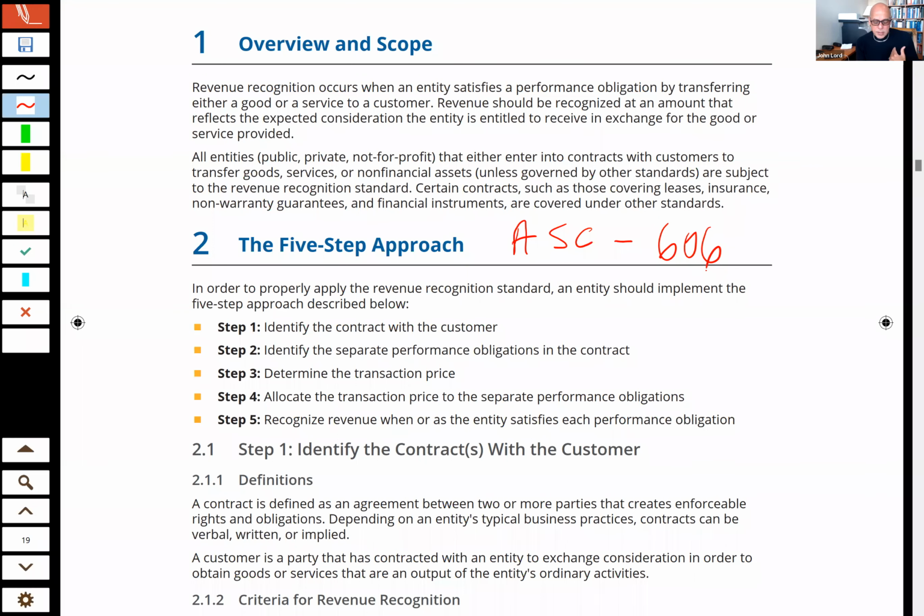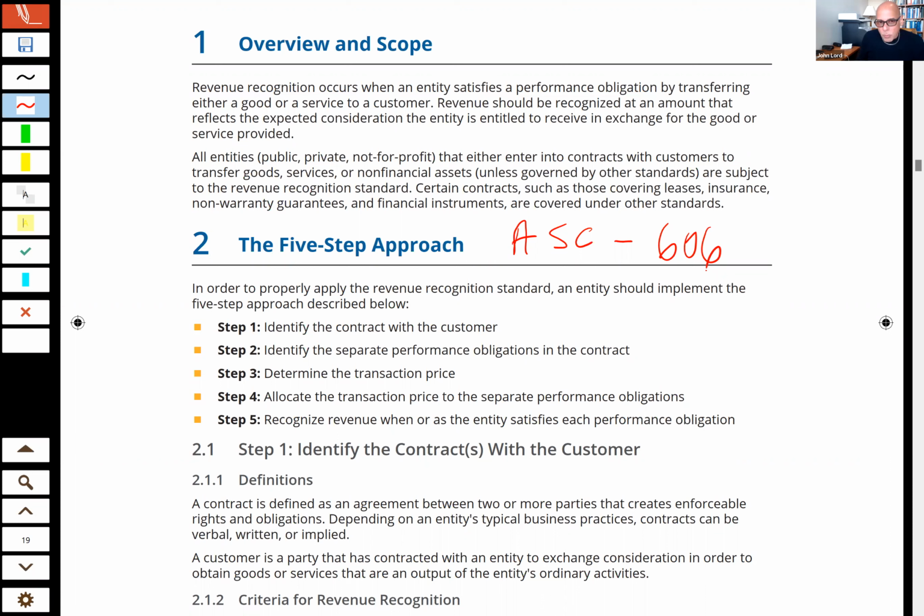So what we're going to see in this 5-step approach that we're going to outline and then look at some specific examples, that's going to be our main task: determining whether or not there is one or more services being provided in a contract, and then whether that service is being provided at a single point in time or over time. If I receive amounts in advance and I haven't earned them yet, I can't take the revenue. I debit, say, the cash. What should I credit if I haven't provided the service yet? Unearned revenue? Unearned revenue of some sort, a liability of some sort, right?